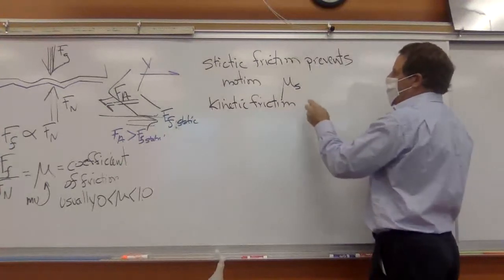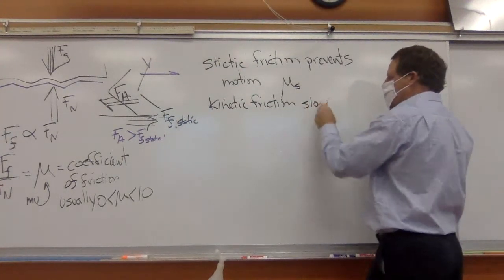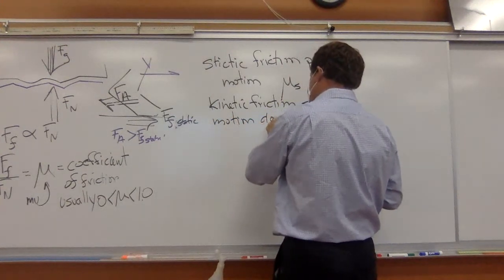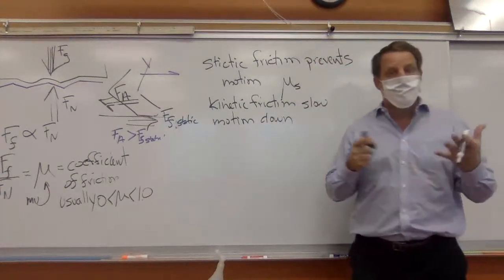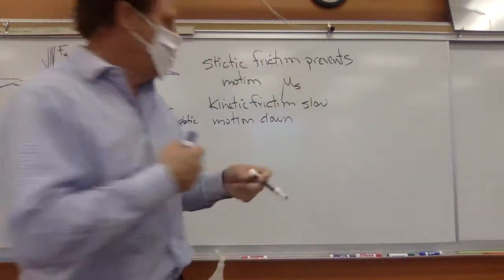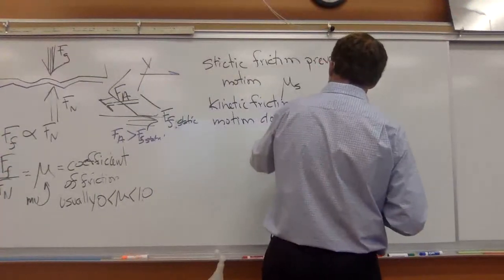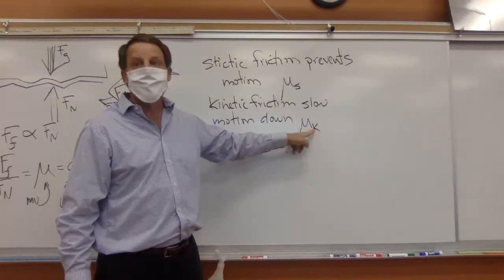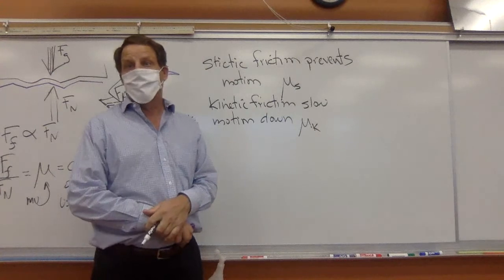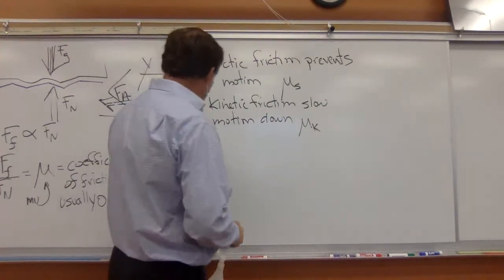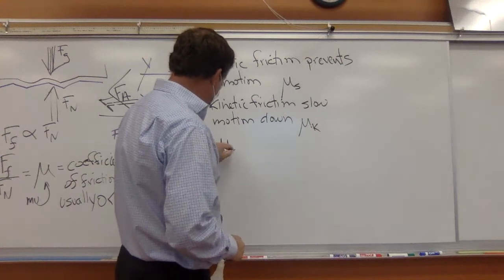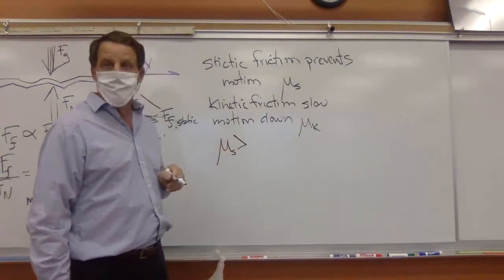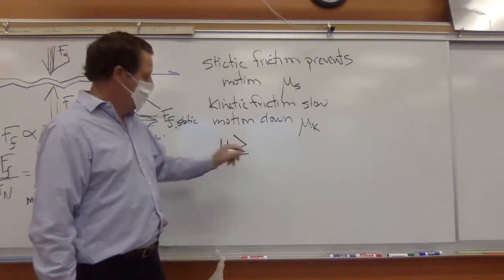So kinetic friction is going to slow motion down. Okay, so it's always going to be working against that motion, right? And that is going to have a coefficient of kinetic friction. So that little k there indicates moving friction. All right. So now when we compare those two, static friction is always greater than or equal to